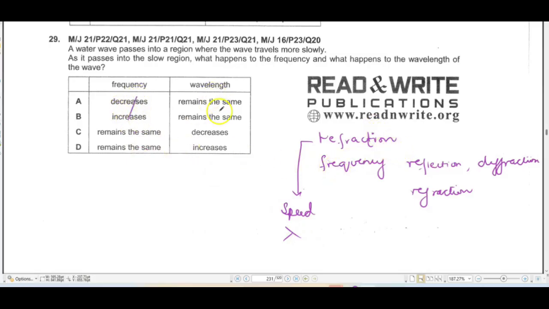ठीक है? The wavelength basically, as it passes into a slow region, so it was in a deeper region and then it has gone to a slow region. So we know that the speed in the deep region was more and the speed in the shallow region becomes less. So now the wavelength obviously is going to become less as well. So the wavelength basically decreases. Okay. Moving forward,